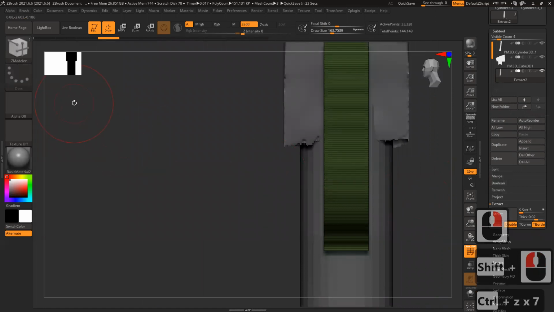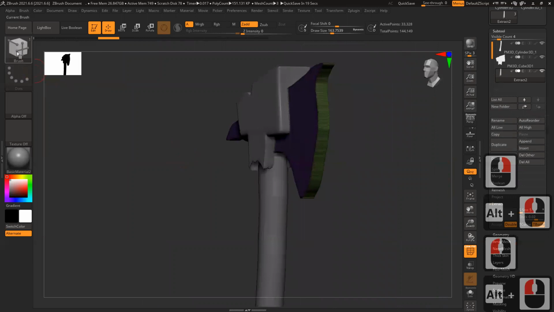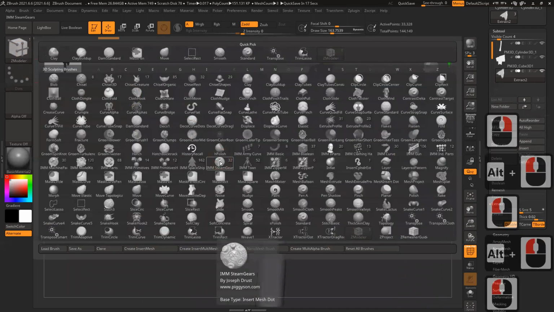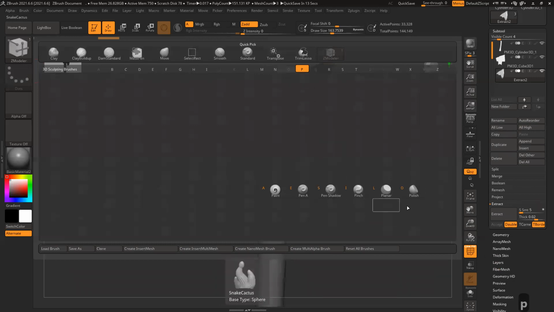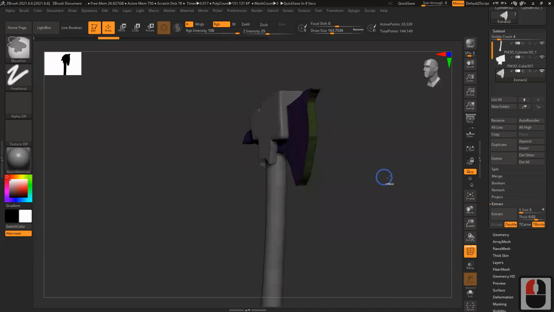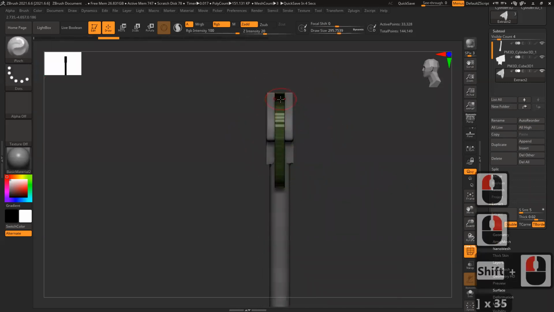The easiest way is, there is a brush, B, press P. P for Pinch. Now you can see there is a brush called Pinch. It will pinch this surface. Increase the brush size slightly.